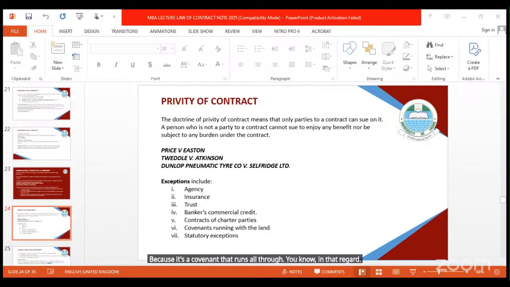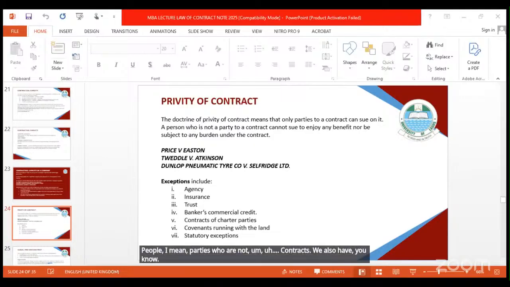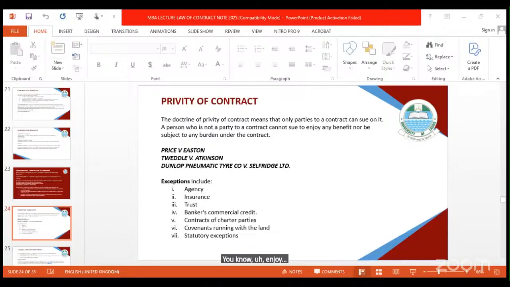There are also, implied in terms of statutes, situations whereby persons who are not parties to the contracts will also be given the right to enjoy the benefits from that contract. So you see that